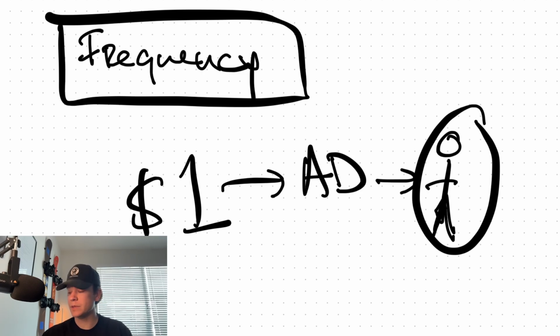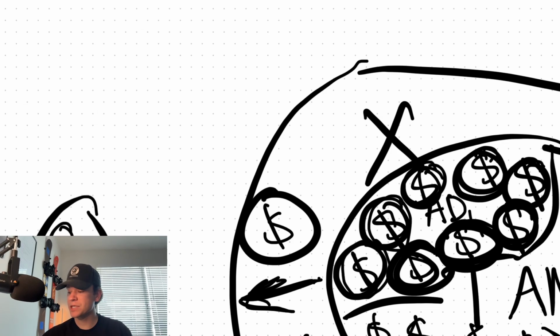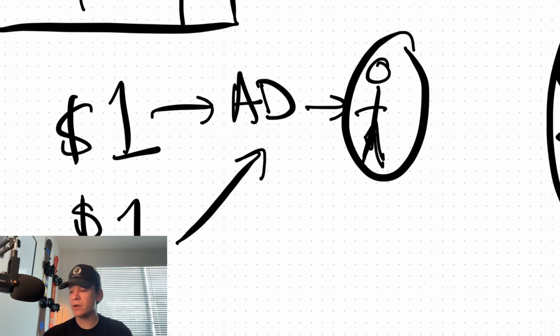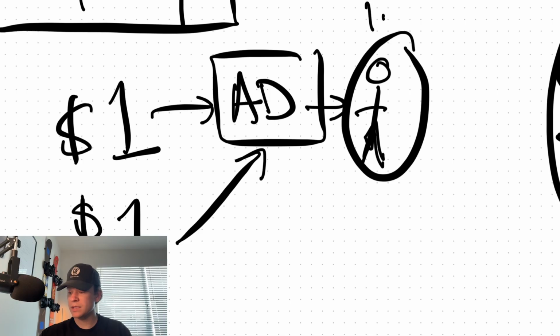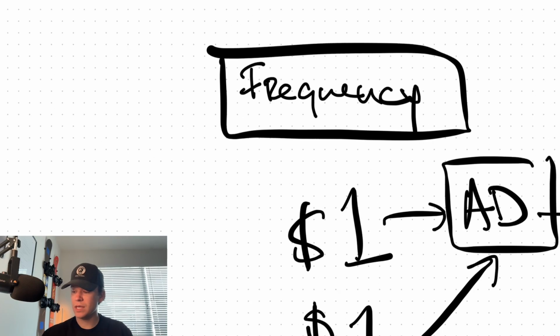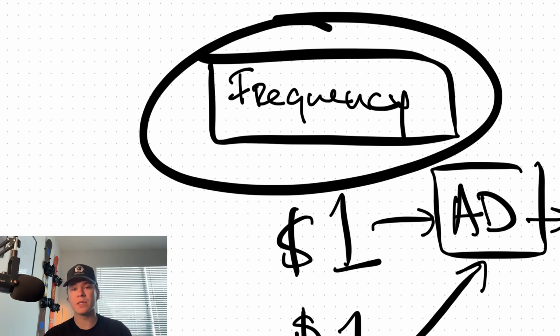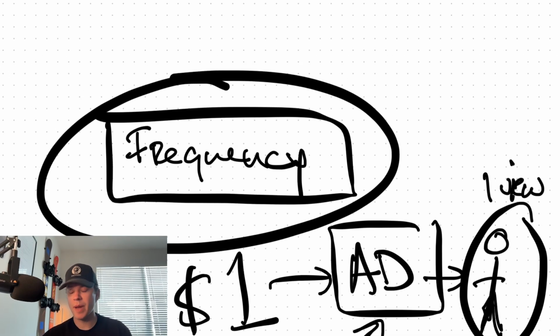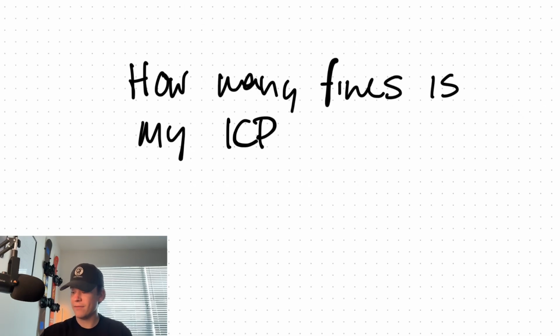So what Facebook ends up doing is, after you've served an ad to every single person over here, the next dollar is going to take the same ad and serve it to the same person. And every dollar that I spend and every view that this individual gets on the ad marks the level of frequency that this operates in. If you've ever run engagement campaigns or traffic campaigns, you'll know that frequency isn't necessarily a bad thing, but what it's telling us is how many times my ICP, avatar, or prospect is seeing this ad.